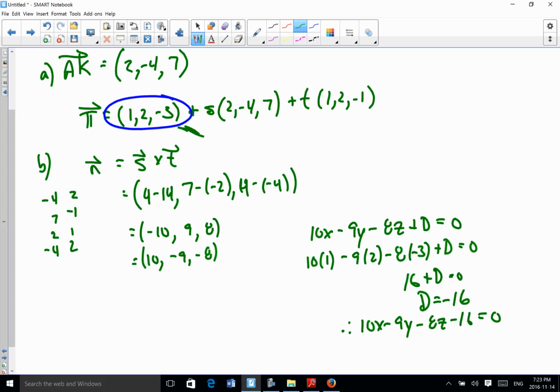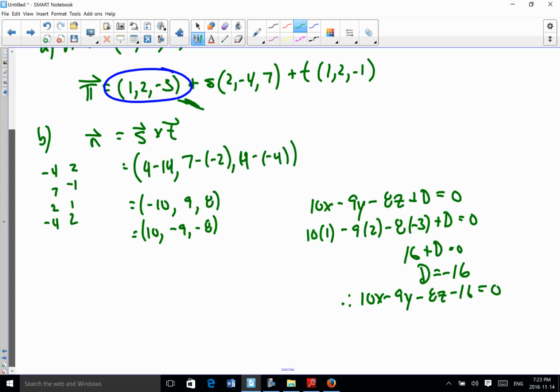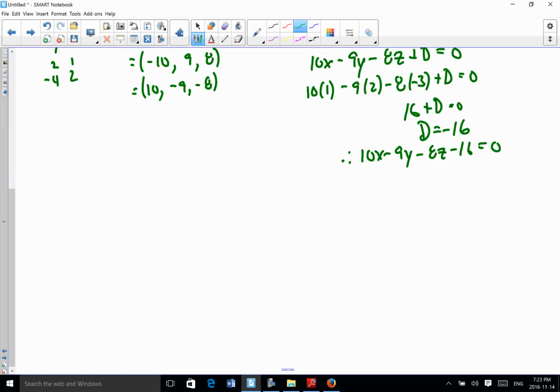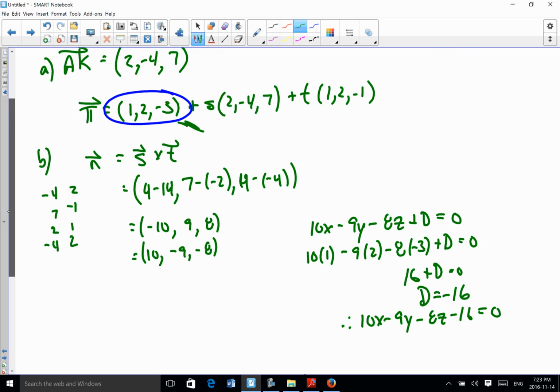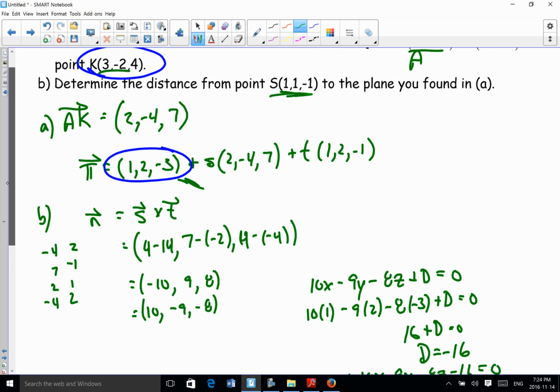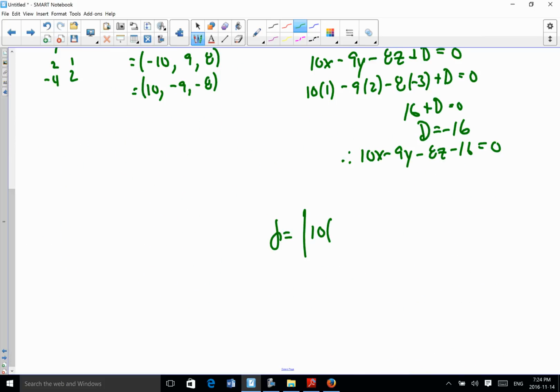Now the reason we were doing this was to find our distance, remember. So our distance from a point to a plane can be found using the absolute of our coefficients with the point filled in as your x, y, and z. So our point is 1, 1, negative 1. So 1 for x, 1 for y, and negative 1 for z,